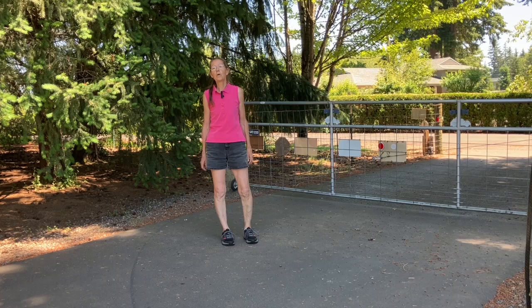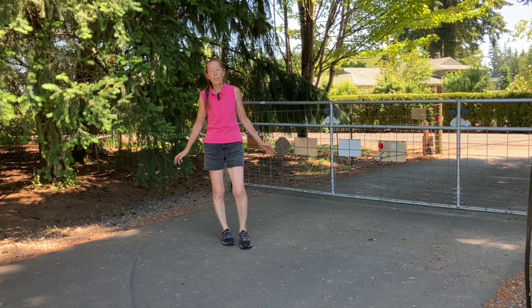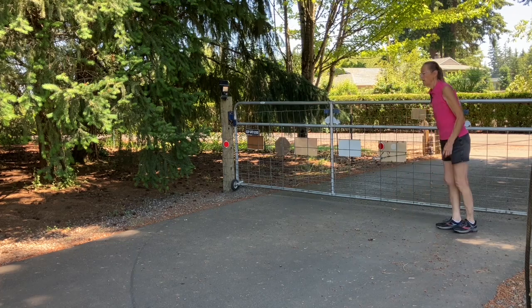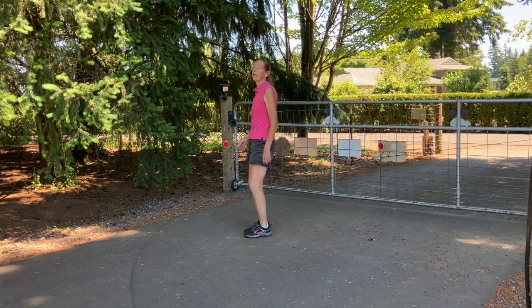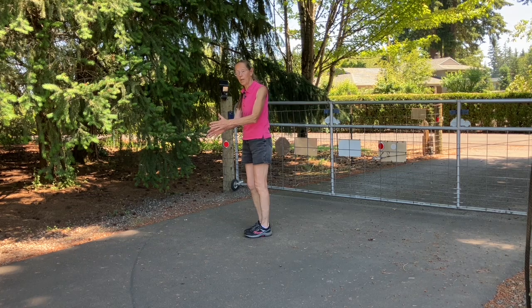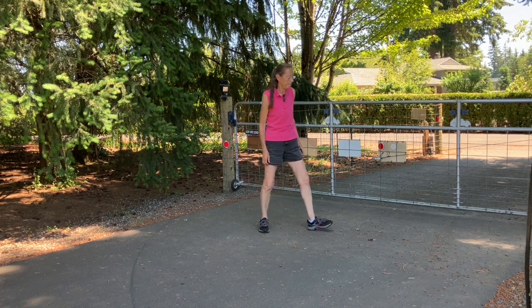Good. The next footwork mistake I see is people abruptly stopping. So you're walking along. The judge says halt, and I see people just slam on the brakes and stop. The dog's either going to go in front of them, or it's going to stand. It's not going to sit. So what you want to do instead,